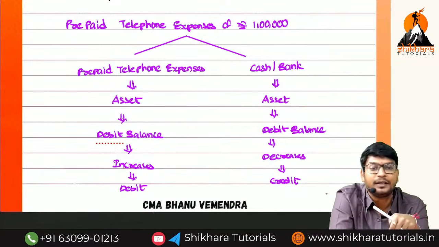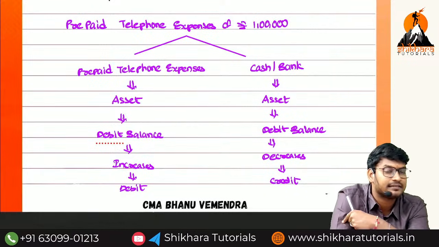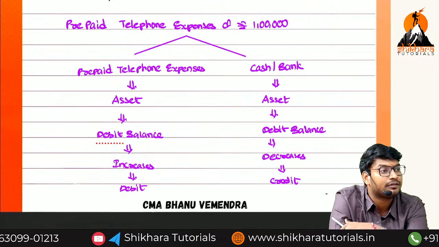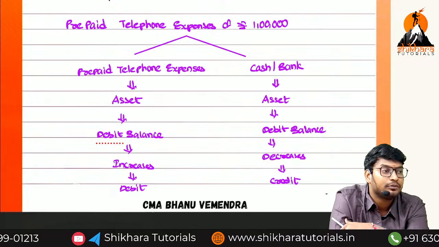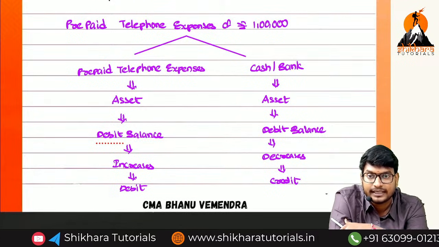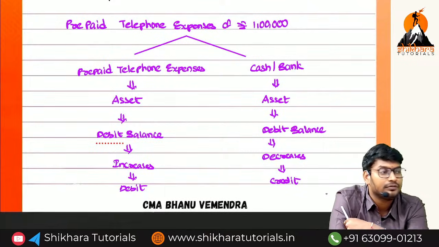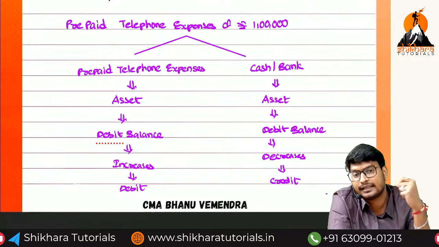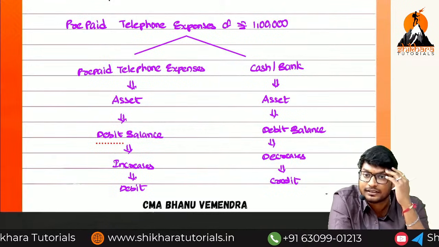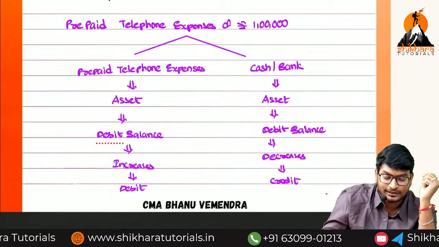Here also, if you apply the traditional approach, is it a difficult task or an easy task? Difficult task. If you apply the traditional approach, once again what do we need to apply? We have to decide whether it is a personal account, real account or nominal account. So that is the reason we have to follow which approach? Modern approach. In my class, I will follow the modern approach. So that is the reason they have not remembered the traditional approach. Okay, na? Okay.